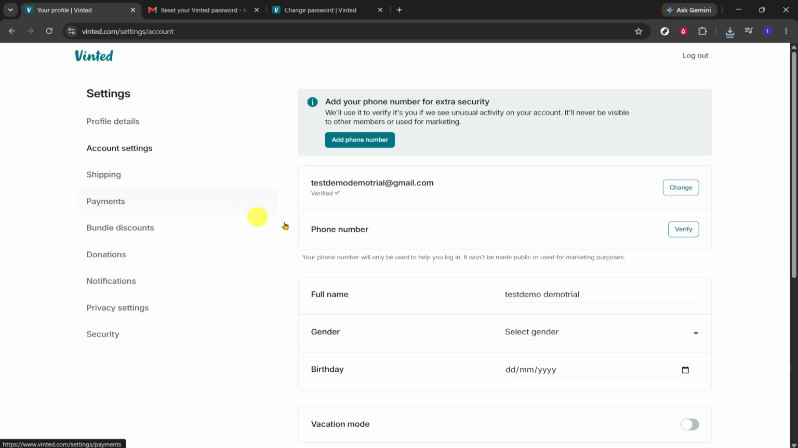In Account Settings, find and click on Verify. This option starts the verification process for your Vinted account. Verification is typically used to help confirm your identity or contact details and can improve the security and trustworthiness of your account. After selecting Verify, enter your phone number in the field provided, then follow the on-screen procedure to complete